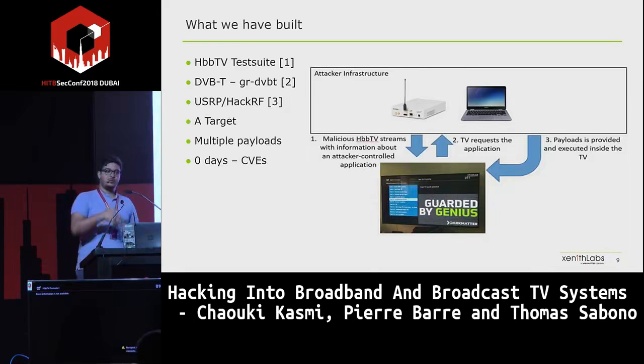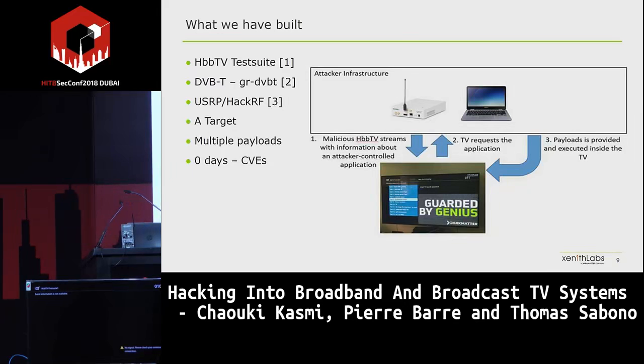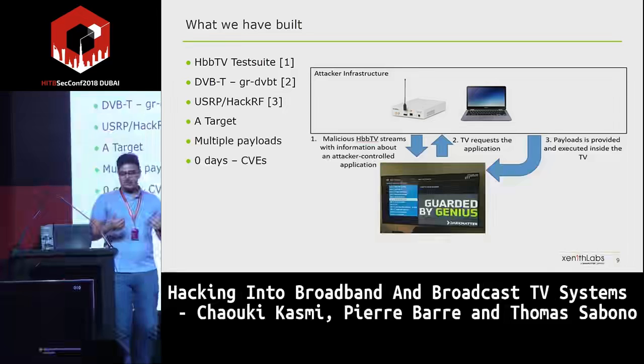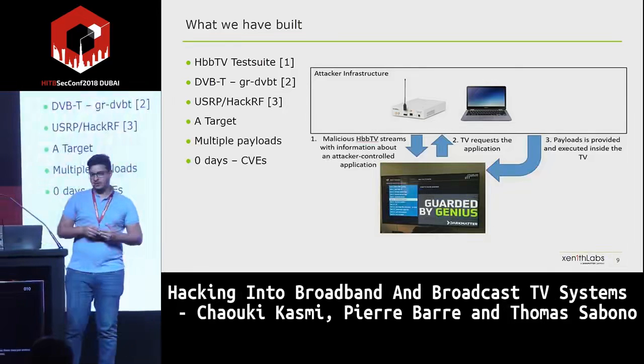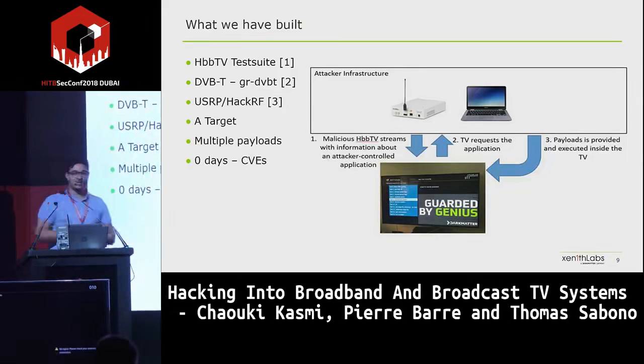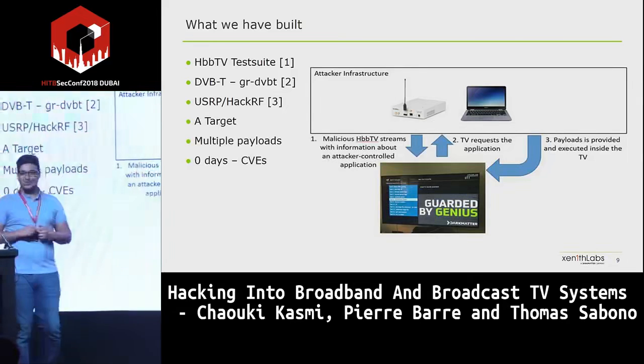And the attacker will serve a lot of payloads to the TV, the payloads that we have implemented, in order to see if we find nice vulnerabilities and maybe nice 0 days. So currently we have 3 0 days released and reported to Sony, and they ask us to wait 6 months to release the description. And then we will receive a nice t-shirt. This is super cool.